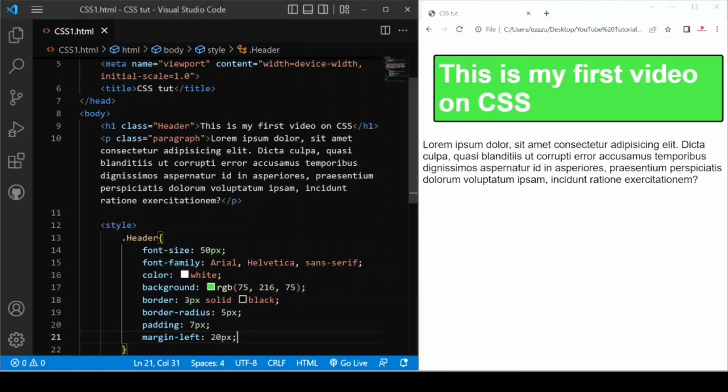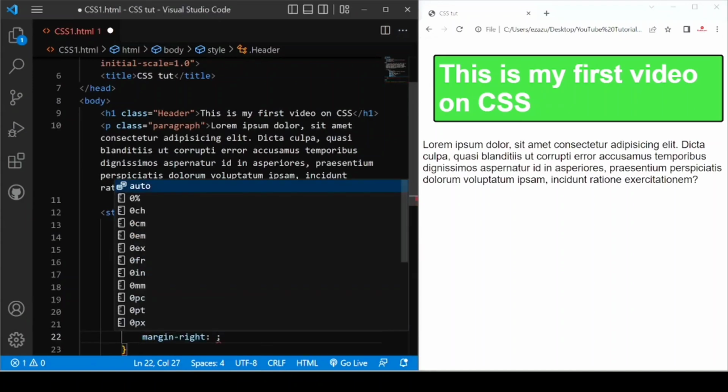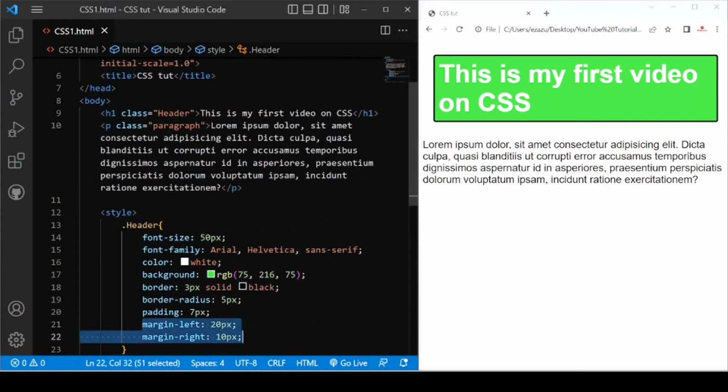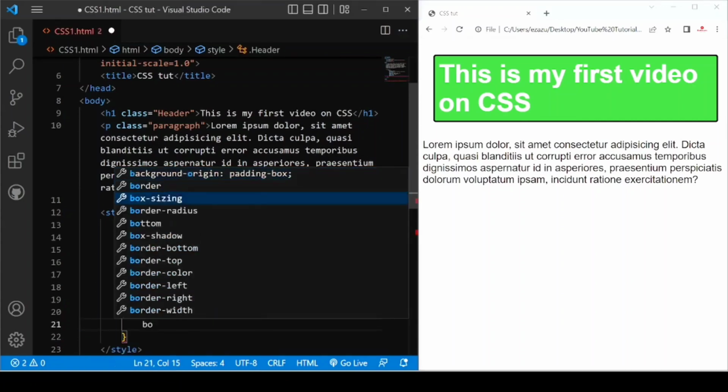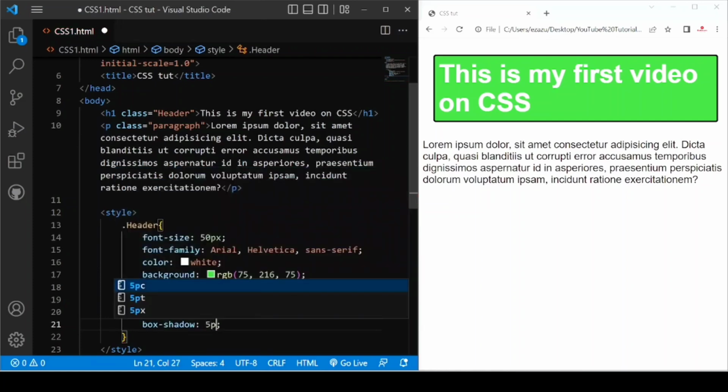If I provide margin right 10 pixel, you can see here is a gap. Okay, I don't require this. I just wanted to tell you. And after that, box shadow, 5 pixel, 5 pixel, 5 pixel, 5 pixel,